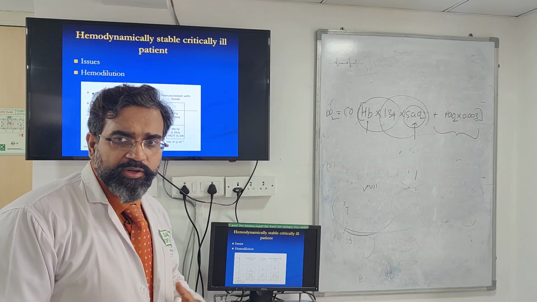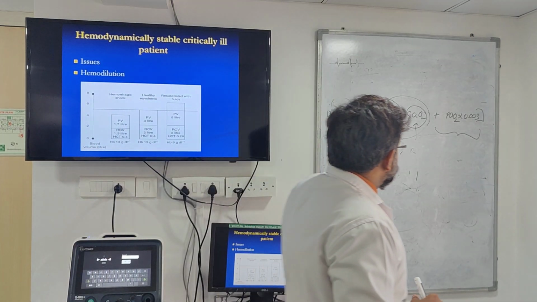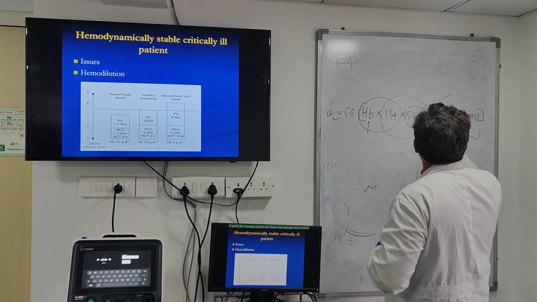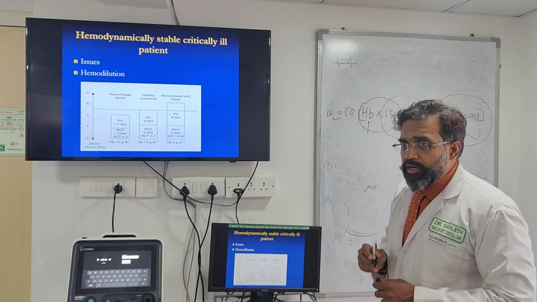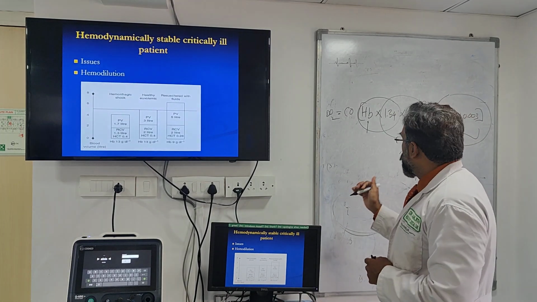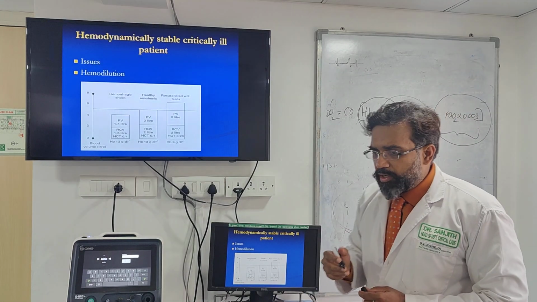Saturation becomes much more important here. So in delivery of oxygen, this is very important. But in critical care, this part also becomes important. Now if you want to look at this, say the total content of oxygen